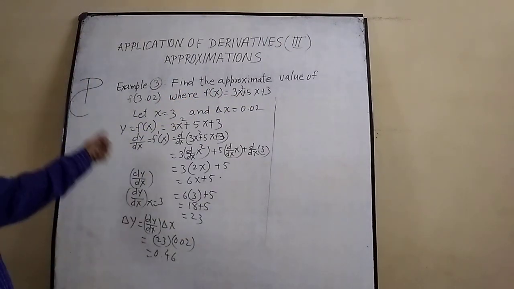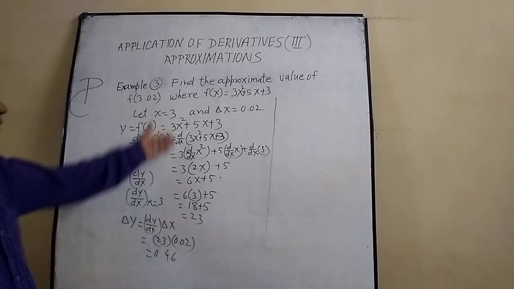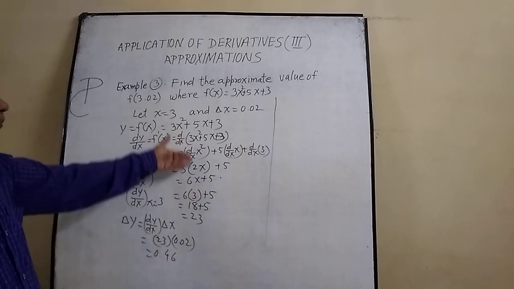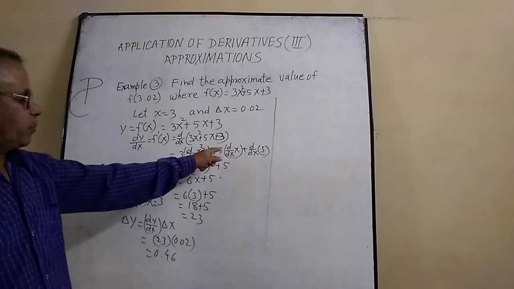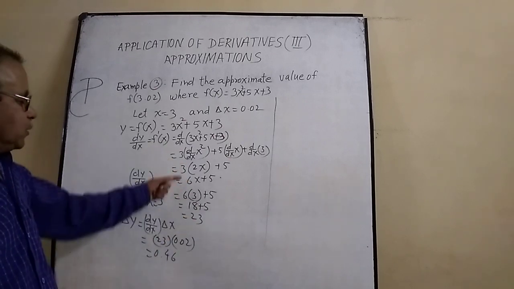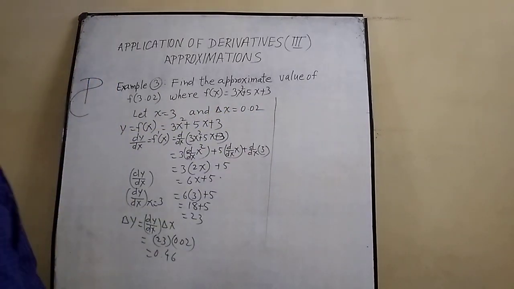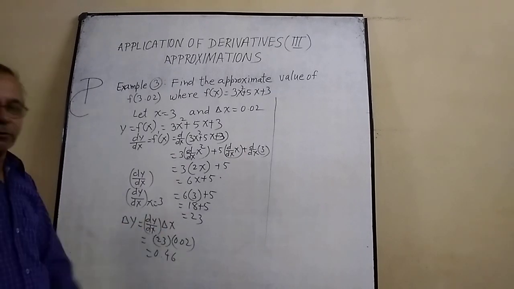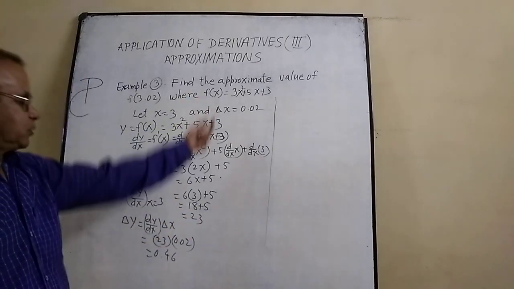I want to find the value of delta y. We differentiate the f(x) value, and that is equal to 6x plus 5, because d by dx of 3x squared plus 5x plus 3 is a simple differentiation of a sum. Separately we get 3 d by dx x squared plus 5 d by dx x plus d by dx 3, giving 6x plus 5. What is the value of delta x? Delta x is equal to 0.02, and as we already know, delta y is equal to dy by dx into delta x. This dy by dx is equal to 23, multiplied with 0.02,